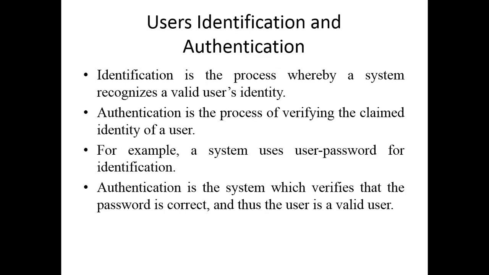Okay, and then the other form of security mechanism is user identification and authentication. This is very important for systems, basically. Okay, so identification is a process whereby a system recognizes a valid user's identity. Okay, so how can you verify a valid user's identity? That is why it's always important to perform registration the very first time you access a certain system so that your information is captured. The next time you want to access it, we have to verify that you are indeed the person that was registered. Okay, so